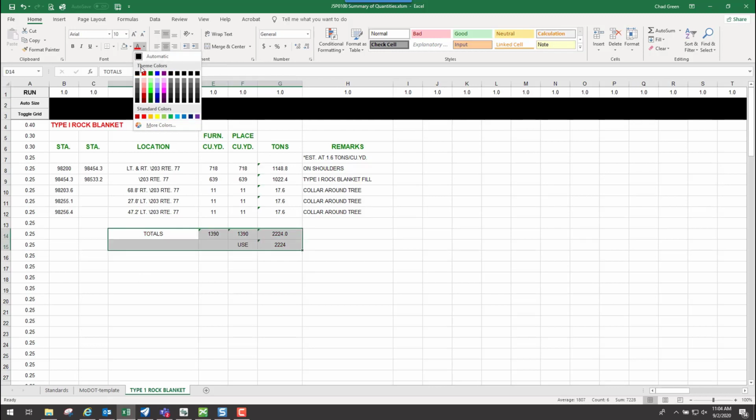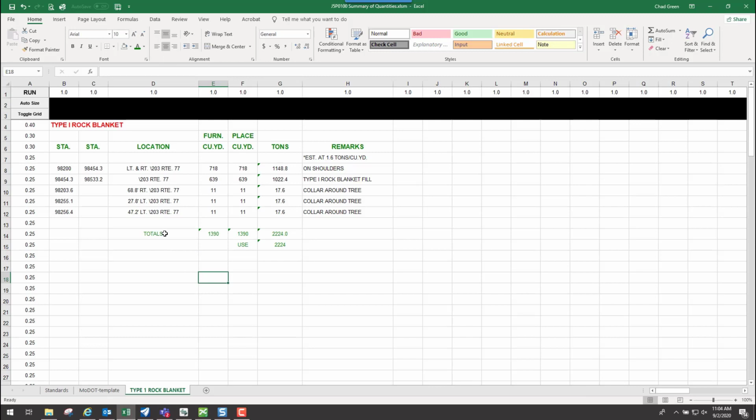So for this one here, if I want this to be a green piece of text, I want to select this one right here. Don't use any of these other values down below here because it will not work. You have to use one of these theme colors right up here at the top. So if I want that to be a medium piece of text, I would change that to dark green. And then whenever it gets mapped over into MicroStation, this text right here and this text right here will look exactly the same because like I said, all it looks at is the color of the text.